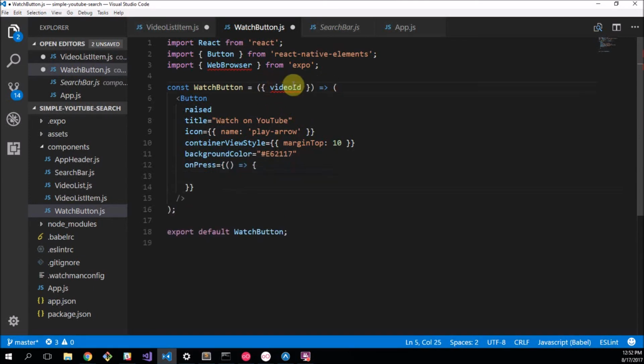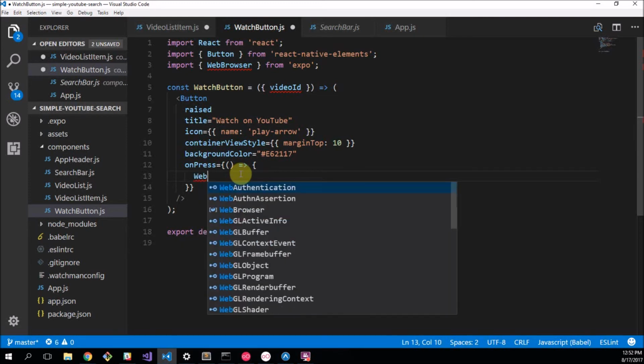There we go. Things are finally cleaner now. It's just freaking out that we haven't used video ID yet and we haven't used web browser yet, but we're going to use that now. So what we want to do is on the press, we want to call the function, and that function is going to say web browser